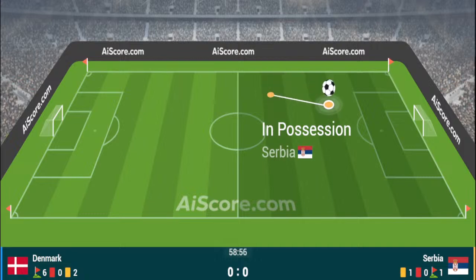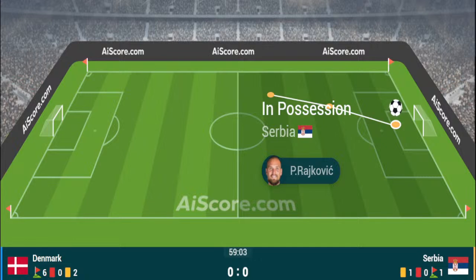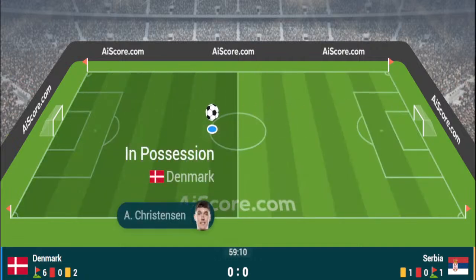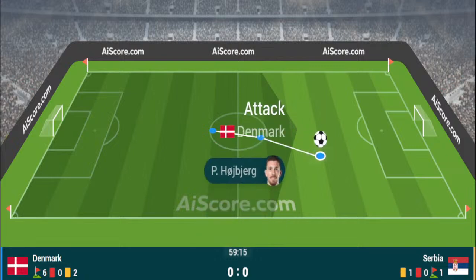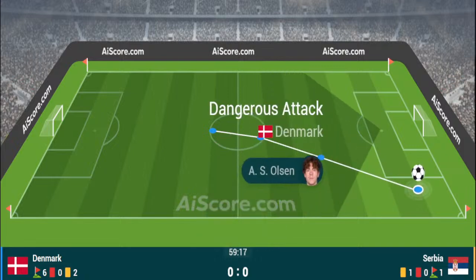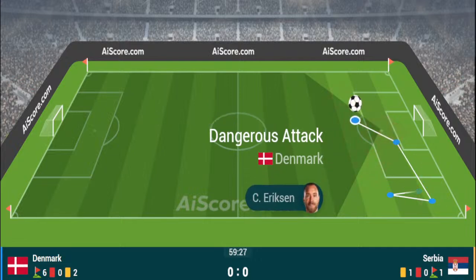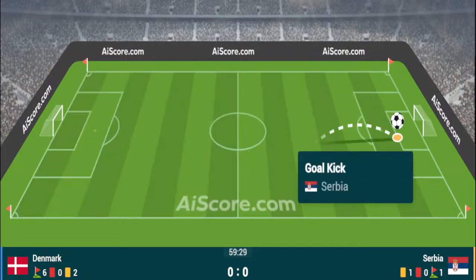another substitution now for Denmark, and it is going to be, I think, Rasmus Højlund, who's certainly worked really hard out there tonight, but just hasn't had that moment, has he? And it will be Dolberg to come on in his place. Kasper Dolberg, the 26-year-old forward who plays for Anderlecht, 15 goals in 39 games for Anderlecht in their domestic league in Belgium last season.